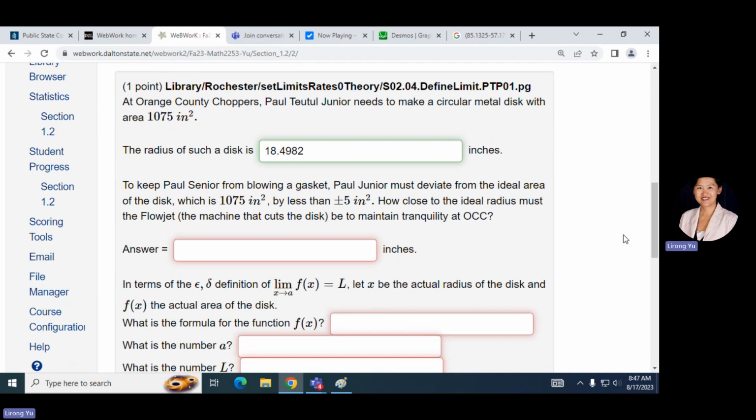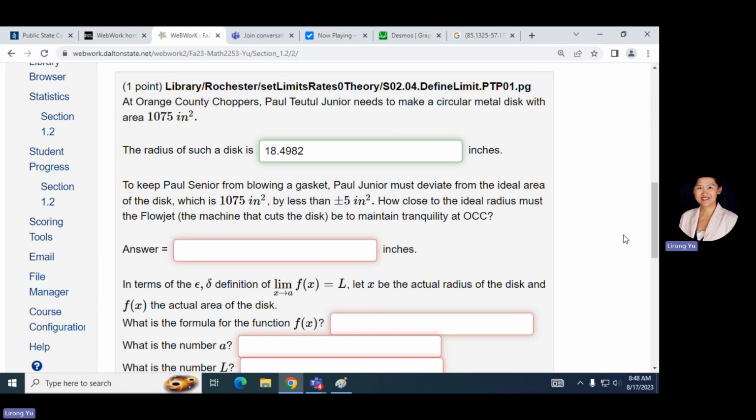And then let's move on to the second question. To keep from blowing a gasket, we must deviate from the ideal area of this, which is 1075, by less than 5 inches square. How close to the ideal radius must the flow jet be to maintain tranquility at OCC, Orange County Charters? So basically,